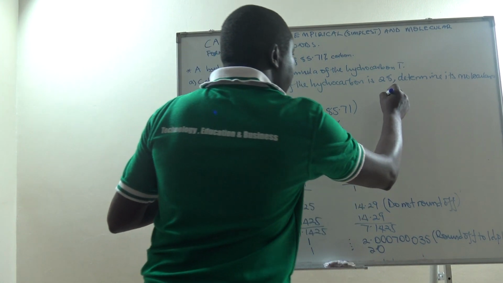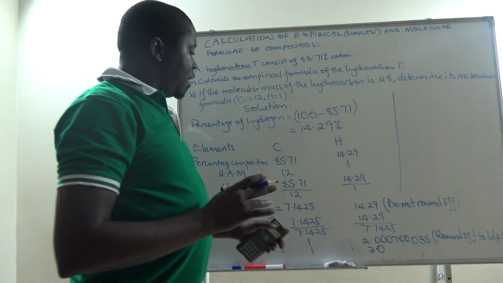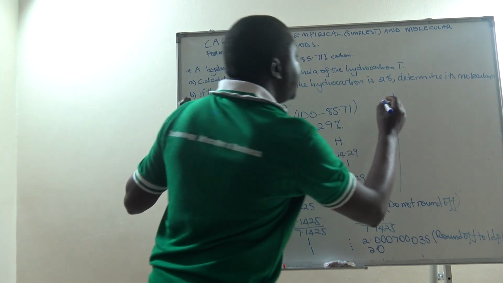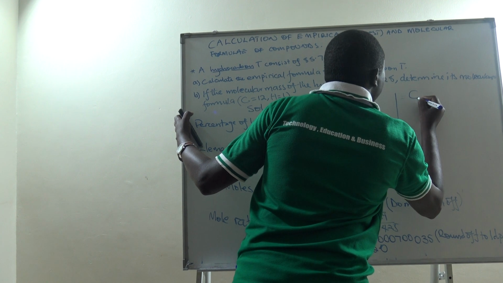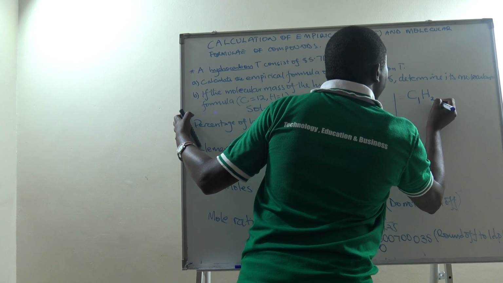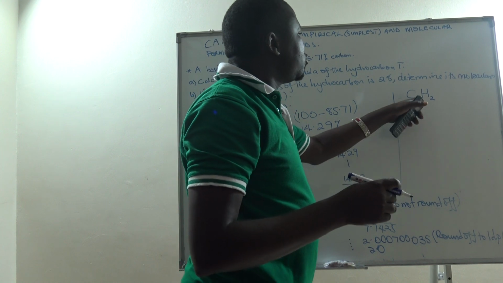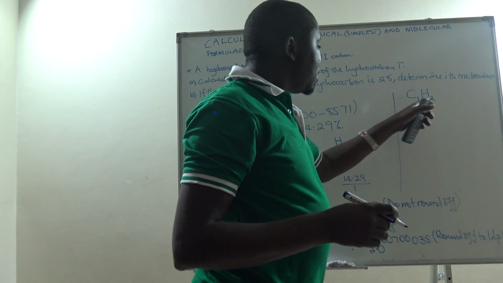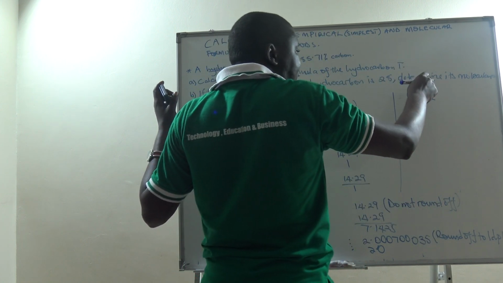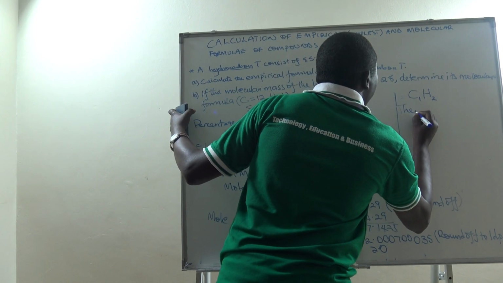Now, let me use this part here. When you have got this, please show that the number of moles of carbon atoms here is 1 in this ratio. So it will be C1H2. This one tells me that the ratio is 1 to 2. Suppose it was 2 to 2, then in this case it means that the ratio is even 1 to 1. So we first give this one to show us the actual ratio,